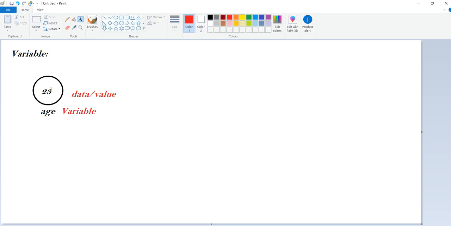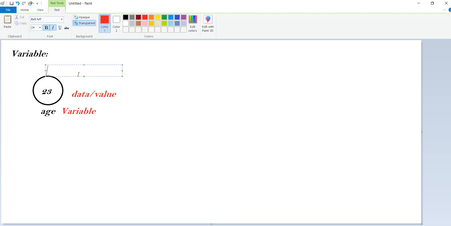For this age, I could store 23, 30, 40, different values. For this storage we have one address, that is the memory location, like 1023 or 21, whatever it is.